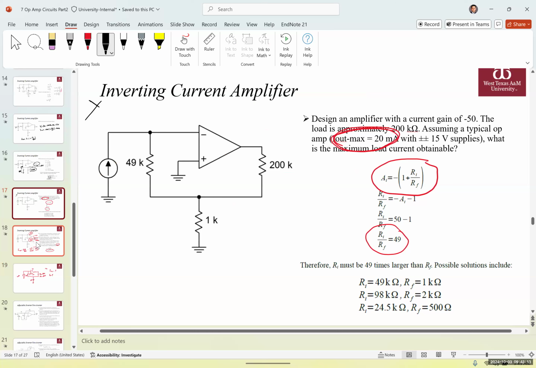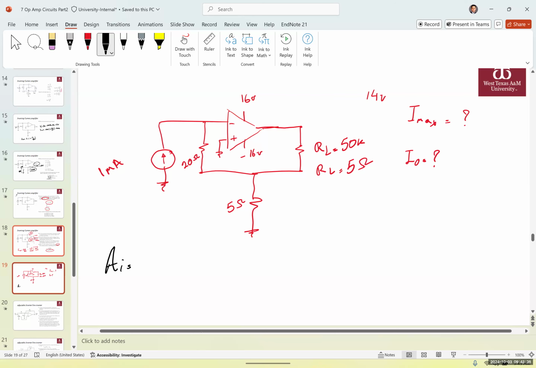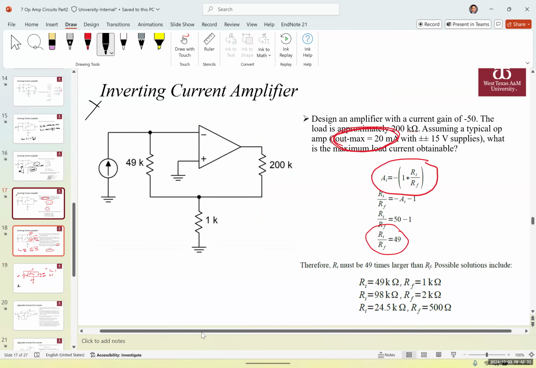The only equation that you need is AI is equal to negative 1 plus R1 over R2. Let me write it down here. AI is negative 1 plus